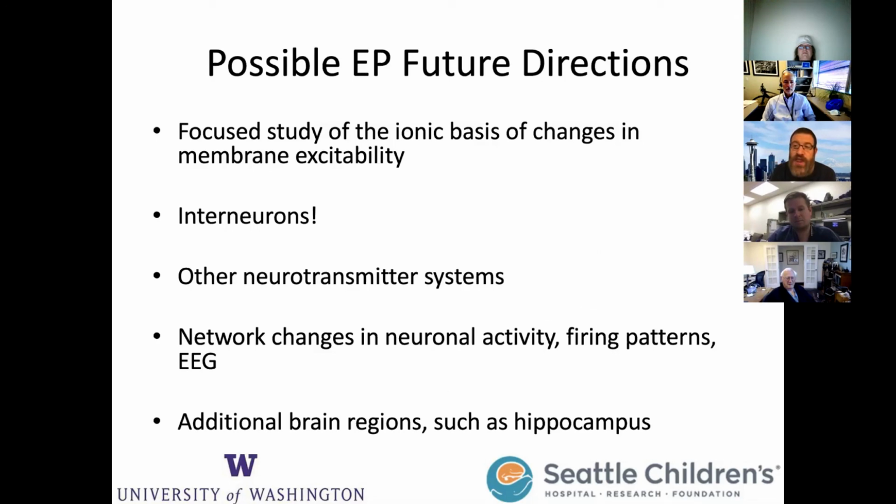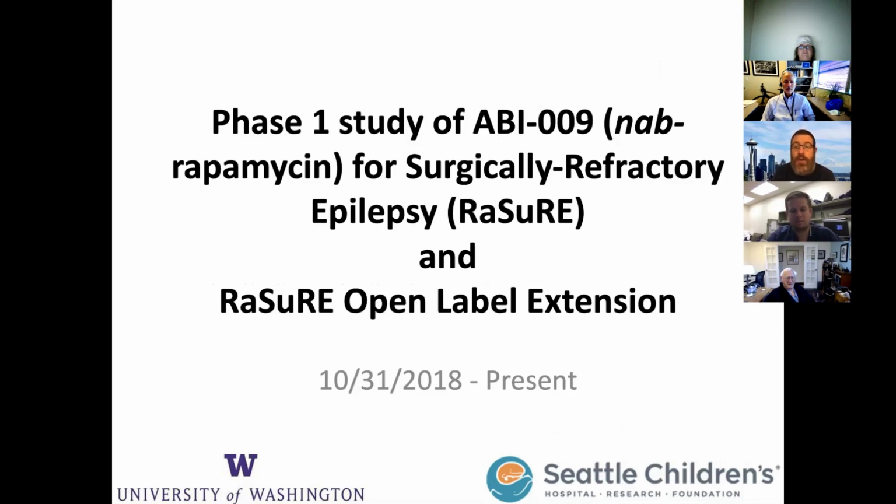Taking the electrophysiology to the end, there are a lot of different directions that could go. But I think the fundamental principle that we can draw from this is that mTOR is necessary and sufficient for changes fundamentally at the cellular level that change excitation. These cells that have hyperexcitable mTOR are hyperexcitable themselves. And it's mainly through loss of inhibition, through changes in resting membrane potential, and through changes of passive electrical properties. Which brings us to the second half, which is bringing this to the